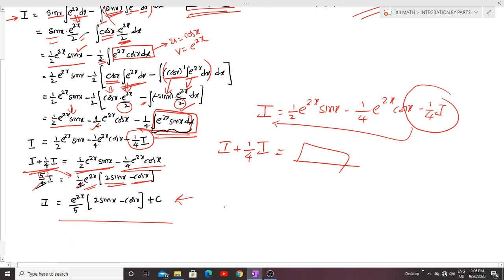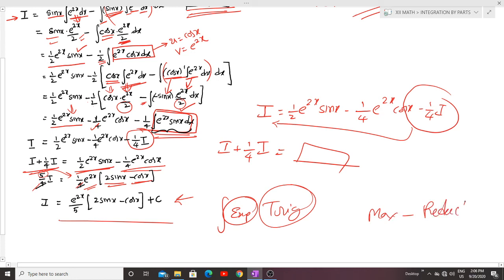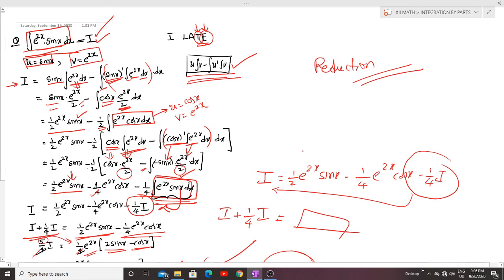That means any time you get exponential into trigonometric, you get reduction. That means I have to take I again, I have to make use of I again like this. In trigonometric also, mostly you get sin x or cos x like this only. Hope you are getting it. This is a very important model. It is a 4 marker question. Try to understand and try to know it.